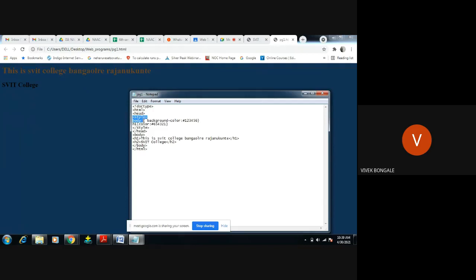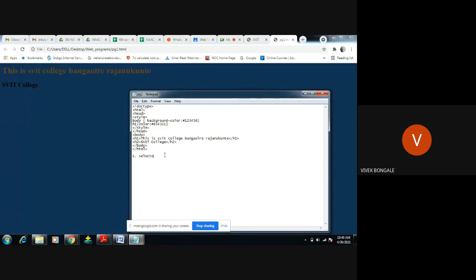I will repeat. Under this style, we have written two tags, body and h1. These are tags in HTML. But if we use the same HTML tags under the style tag, in the CSS, whatever tags we use, we call them selectors, not tags. When we say tag, it is in a normal HTML file; if we use the same tags in CSS, we call them selectors.